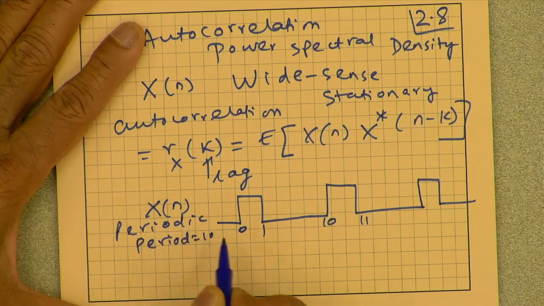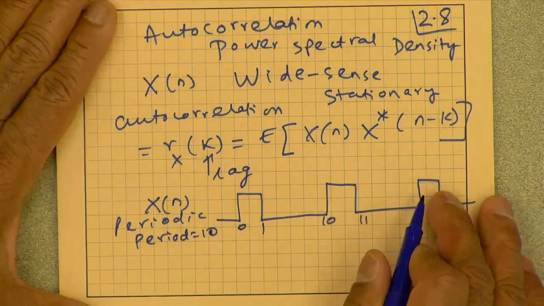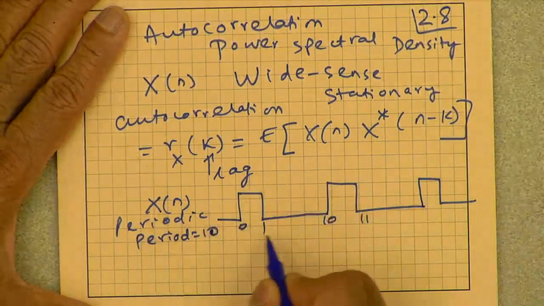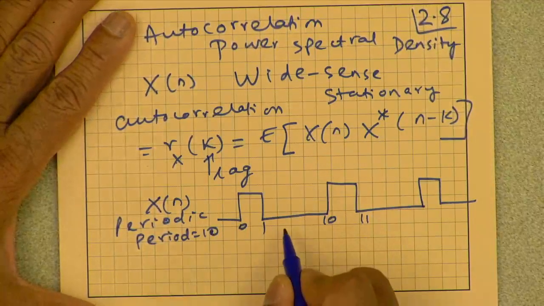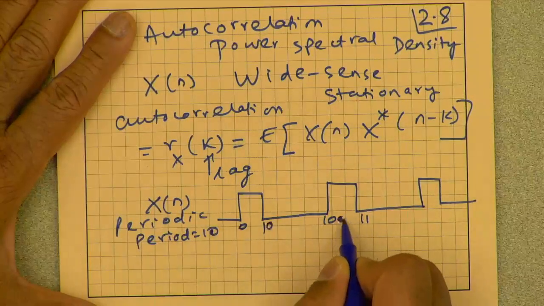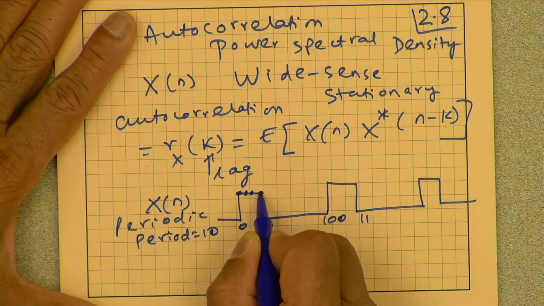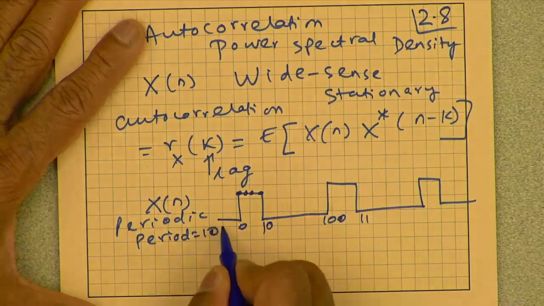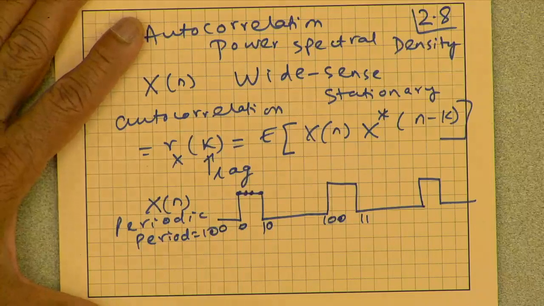And I'm describing that as continuous time, which is not what I'm interested in. In this class, I'm not interested in any continuous time. So I could take that as 0 to 10, and this is 100. Think of these as 10 non-zero samples, and then 90 zero samples, and then it repeats. So the period is 100. Now you can think of that as a discrete sequence.